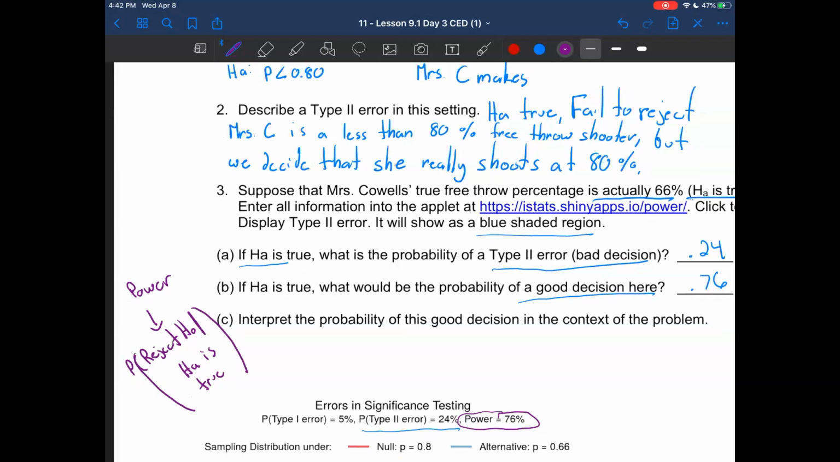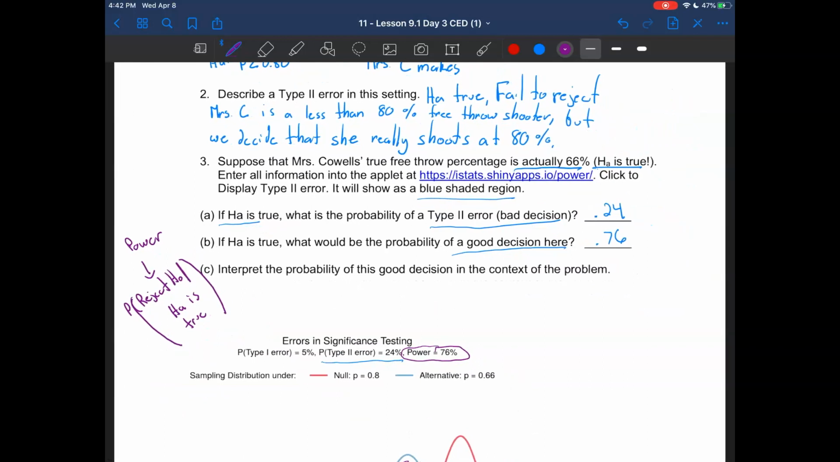All right, so interpret the probability of this good decision in the context of the problem. So if we're going to go through and interpret it, our given is that the alternative hypothesis is true. So our alternative hypothesis would be that I am a 66% free throw shooter. When we talk about power, you have to have a specific alternative value. So if Mrs. C is a 66% free throw shooter,